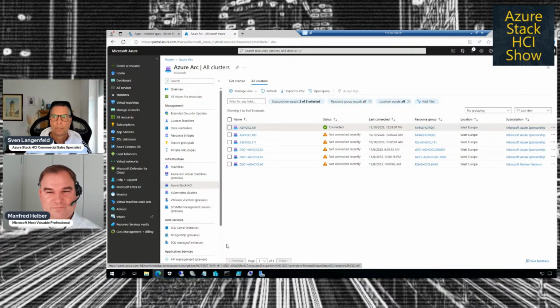And if we look a little bit into the future, a customer wants to use AVD on Azure Stack HCI. Yeah. What is the role of Azure Arc Resource Bridge, or what will be the role of Azure Arc Resource Bridge? The role of the Azure Arc Resource Bridge will be to provide an easy deployment for Azure Virtual Desktop, because if you test Azure Virtual Desktop today manually, then you install a virtual machine locally.